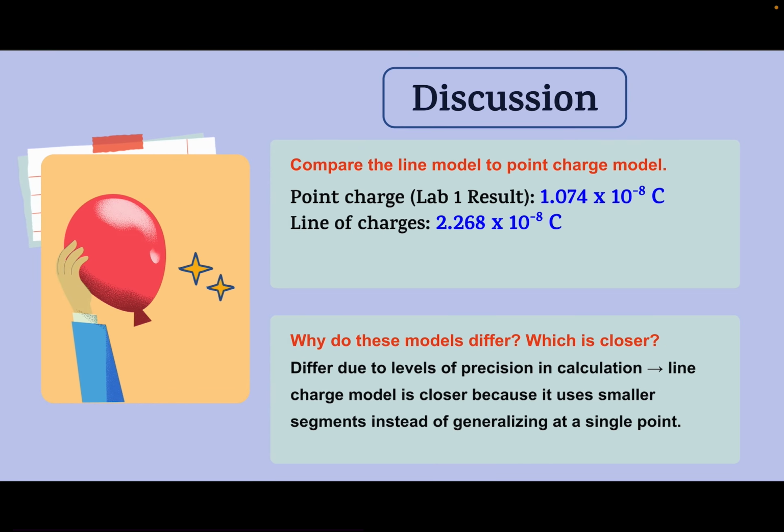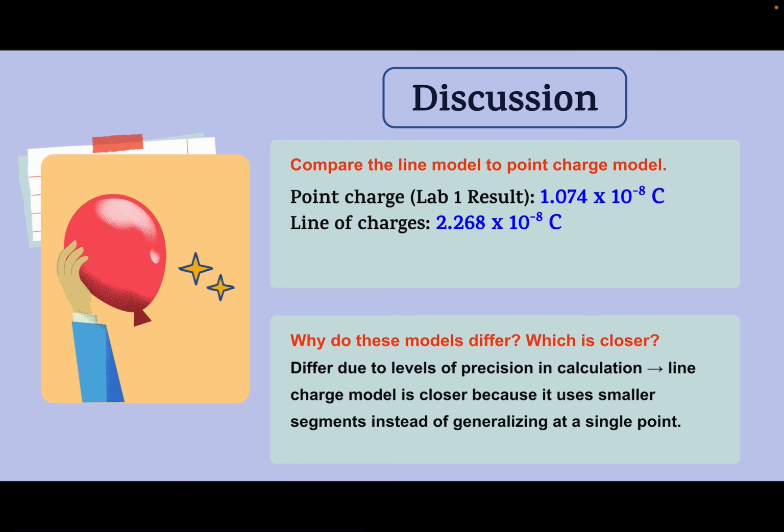Moving on to the discussion, the point charge versus line model provided two different answers. The point charge model said that the charge was 1.074 times 10 to the negative 8th coulombs, and the line charge model says 2.268 times 10 to the negative 8th coulombs. And as for why these models differ and which is closer,